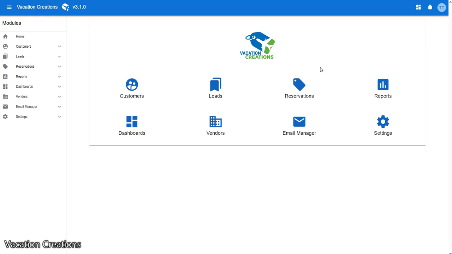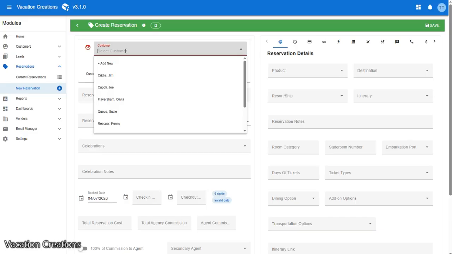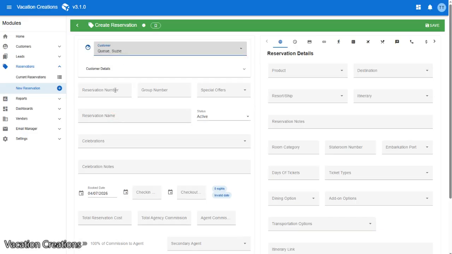Congratulations! Your clients went on a cruise and did an onboard booking, and so that booking is coming back to you now, and you need to be able to keep track of it in Vacation Creations. So go to add a new reservation, choose your client, put in the reservation number,